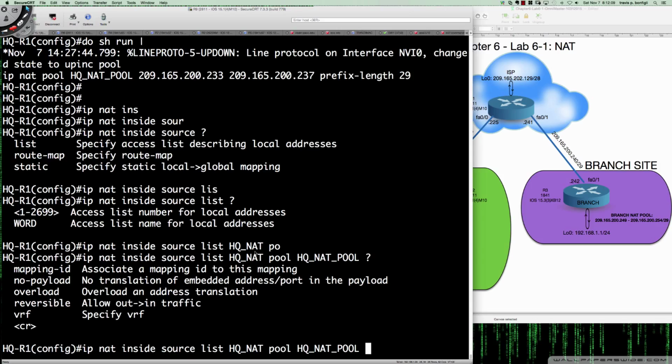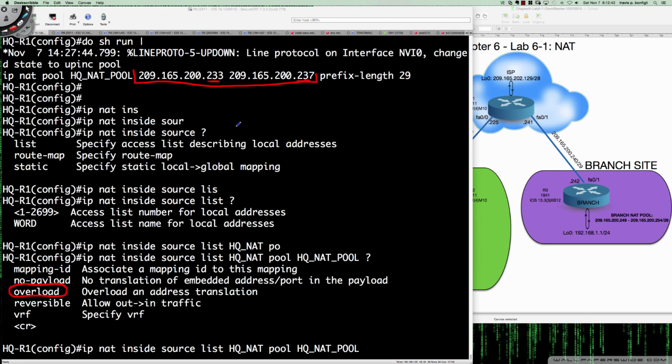Now, it's right here where we have the option. Remember, we're doing dynamic NAT. Okay? We're not doing PAT or NAT overload. We are not doing this one right here, overload, which would be PAT, or port address translation. Now, there is nothing that says that we cannot do PAT with a pool. In fact, we could do PAT, and we're just simply saying these 5 addresses are going to be